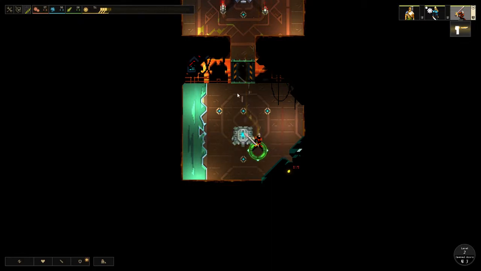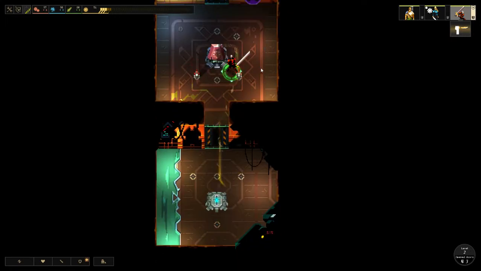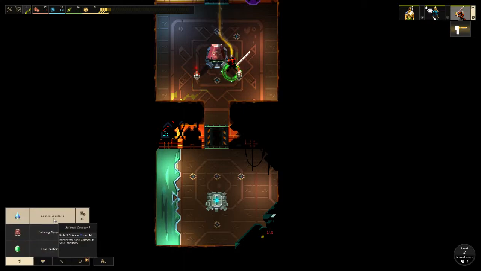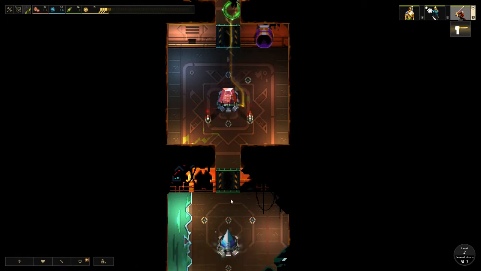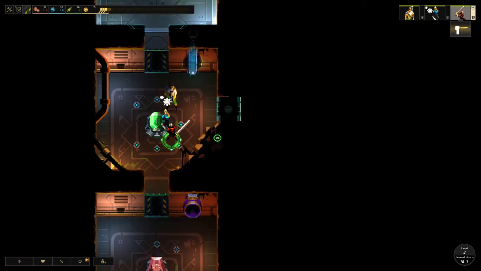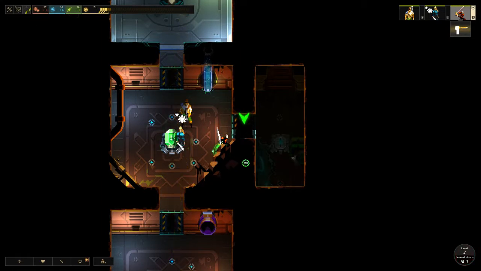I got 20 dust from that. 30 industry for 20 dust, good trade. I now have 51 dust. And I can build a science creator in this last room. So I now have kind of an industry center. And I'll open this door. This is also...